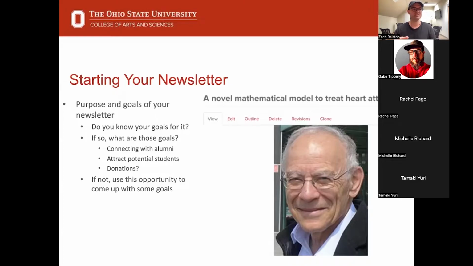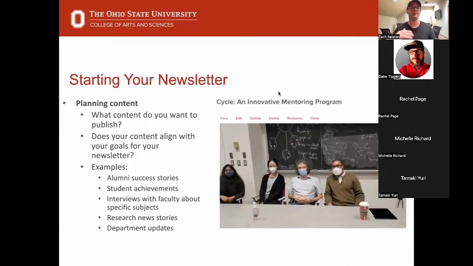It gives you a metric to measure the performance of your newsletter, in addition to relying on your analytics. If you don't know what those are, I would strongly recommend that you come up with those goals. What are those metrics going to be for your department or your team? When you know your audience, have the purpose of your newsletter figured out, and have the goals built and ready to use as a metric,